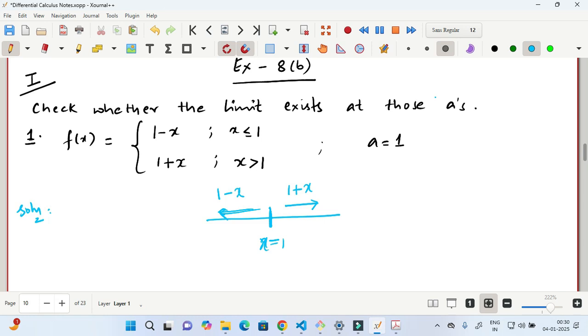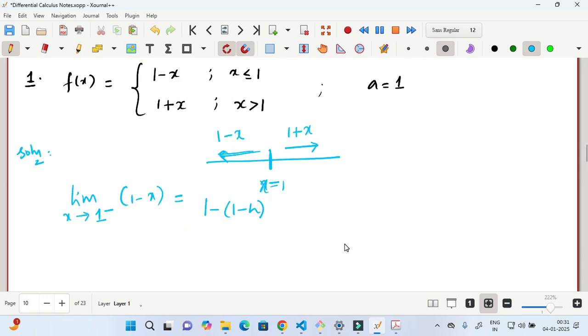So we have to check whether the limiting value of this function as x tends to 1 minus is equal to the limiting value as x tends to 1 plus. So in these two cases we have to check. I'll write: limit x tends to 1 minus. 1 minus means the limit value from the left hand side, of 1 minus x, is equal to what? 1 minus, 1 minus h, where